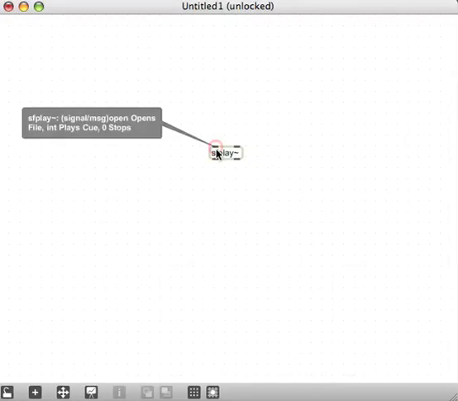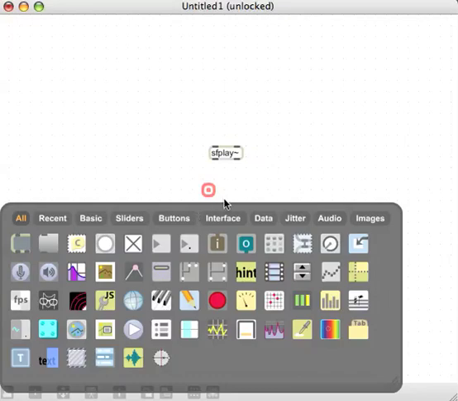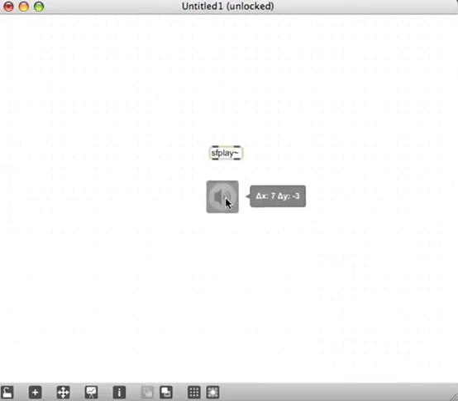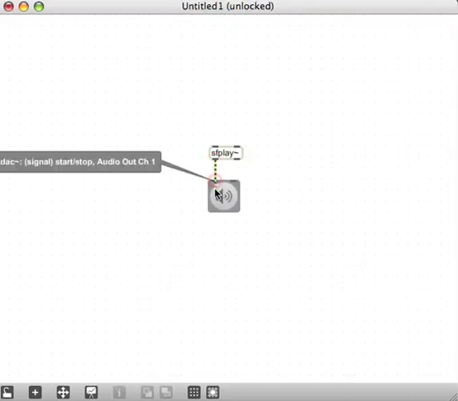It can read, or I guess the one thing we're going to want to do is to open a sound file. And we're also going to want to listen to the sound file, so that's where the audio output, the outlet of this SF play, will be useful. Let's hook up that audio outlet first to an easy DAC, the one that we used in tutorials 1 and 2. Looks like that on your palette. That's an easy DAC. So we'll take the left outlet of the SF play, connect it to the left inlet of the easy DAC,